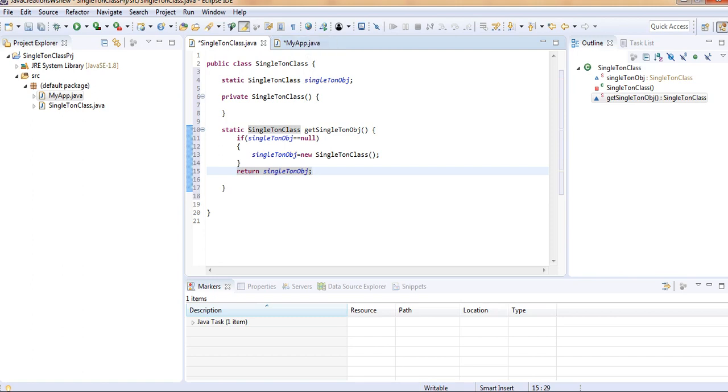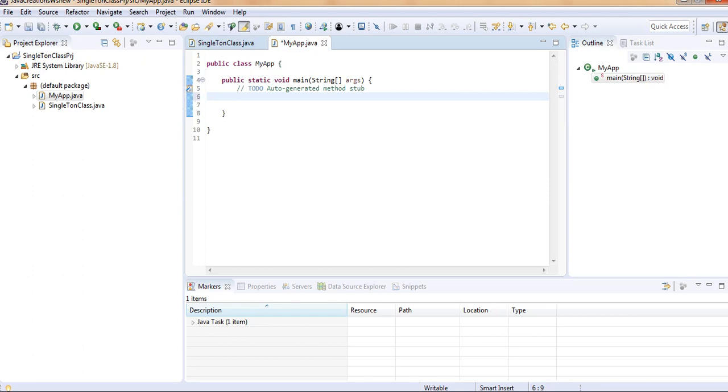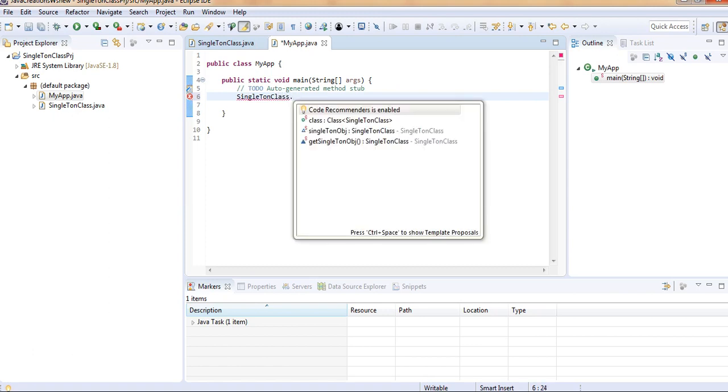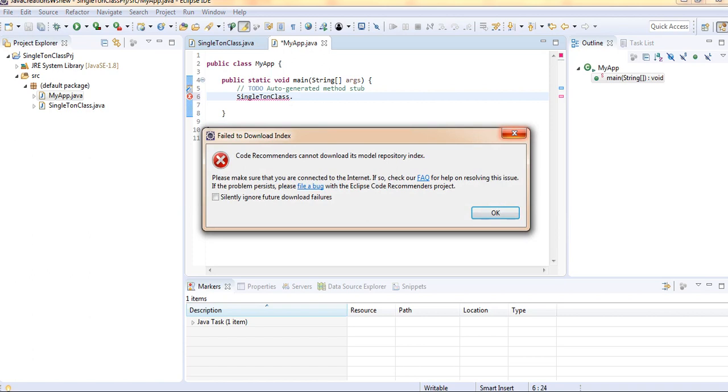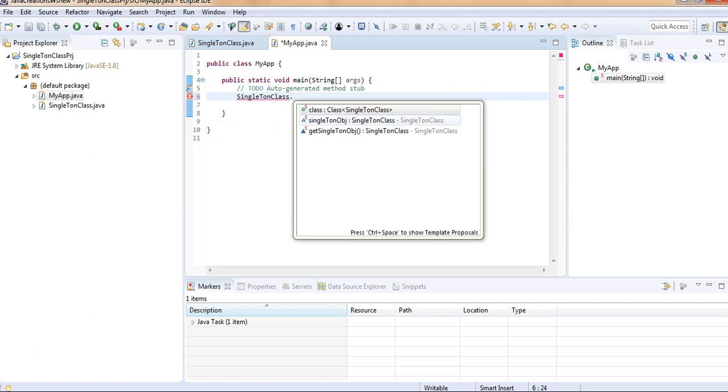Now let me save this and we will call this static method here in my app class. So this method is static, so it is going to be called on class level. So as you can see the list of methods, this one I am going to take.